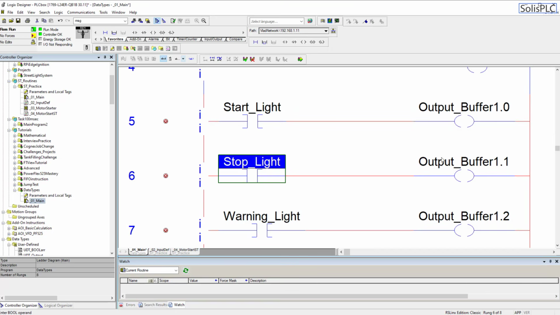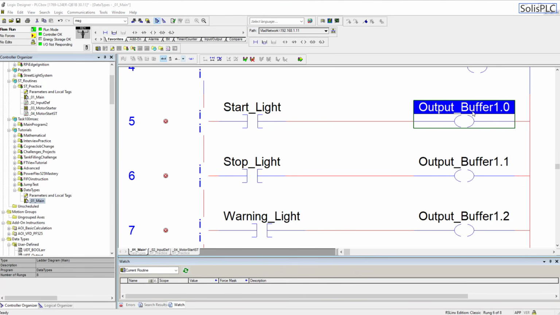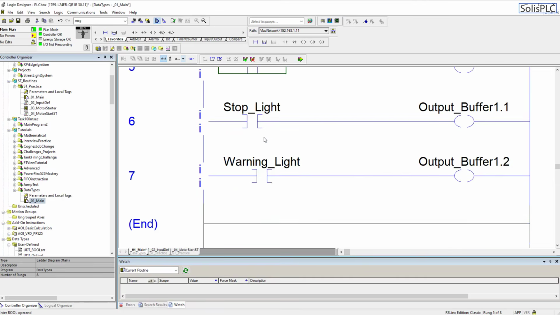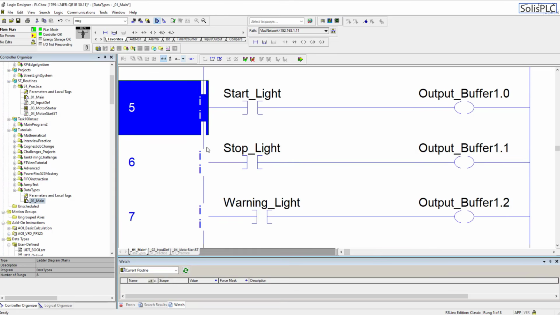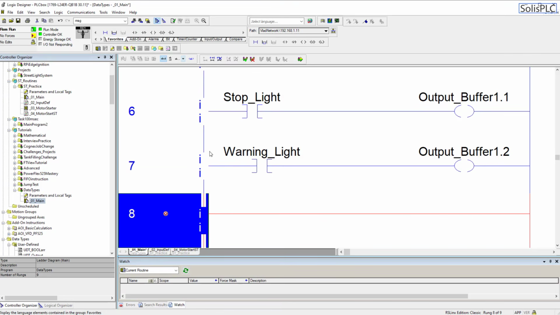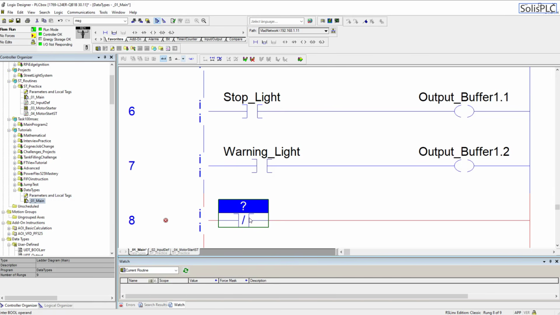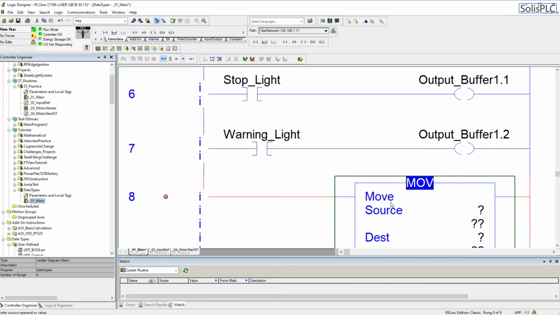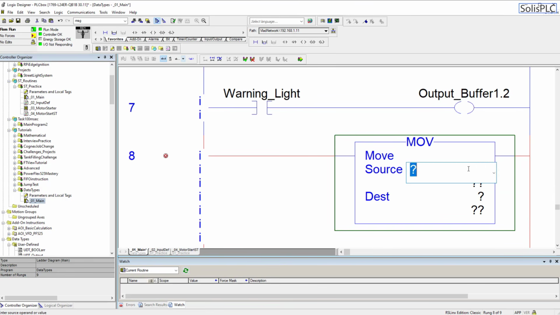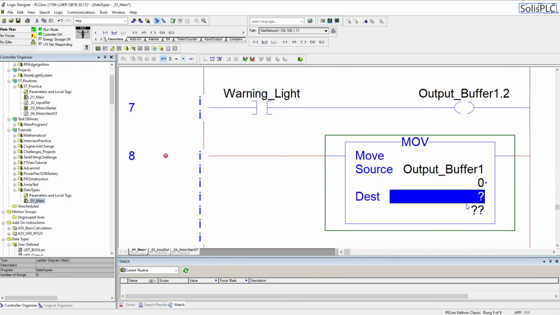So output buffer 0, 1, 2, and I'm going to just create that here. It's going to be a DINT, double integer, create. So we have this entire array that goes to this DINT, and at the end what I can do is I can use a simple move instruction. So if I do a move, I can move this entire buffer without the specification,